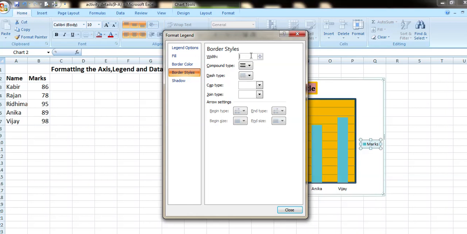Any value, suppose I'm giving 52. Select the desired color by clicking on the color option. This width option doesn't work with some of the tasks, but to select the width of any of the border type I can select it from here.